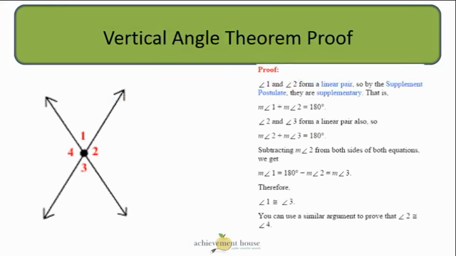Here, we're going to walk through the proof of the vertical angle theorem. So the reasoning why we can accept this statement is true. The first step is that angle 1 and angle 2 form a linear pair. So by the supplement postulate, they are supplementary. That means that angle 1 and angle 2 add up to 180 degrees. Now angle 2 and angle 3